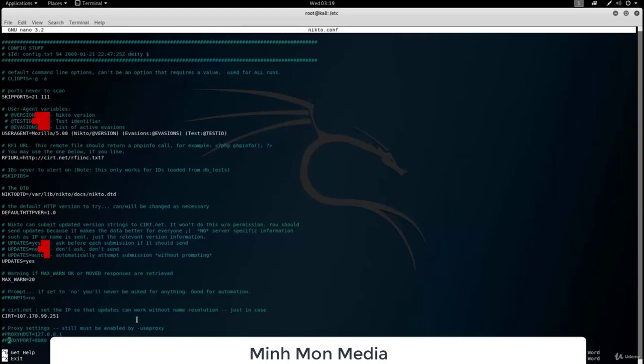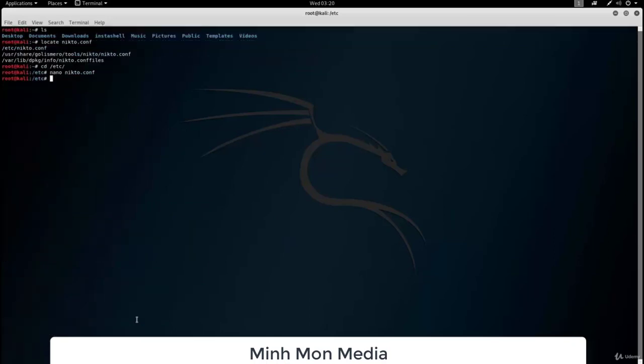So if you had a proxy, you would specify the proxy IP address right here, which for me is just localhost at the moment, and here you would specify the port. And also one more thing you would need to do is remove the hash in order for this to be configured. And after that you would just type Ctrl-O, save, enter, Ctrl-X to exit, and then you could use your